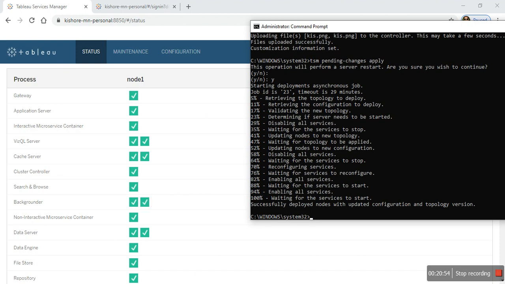Okay, all the services have been started. Now you can see the message: successfully deployed nodes with the updated configuration and topology version.